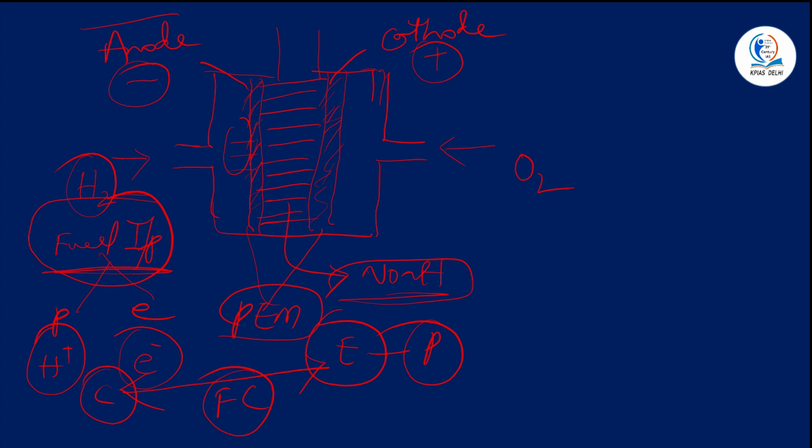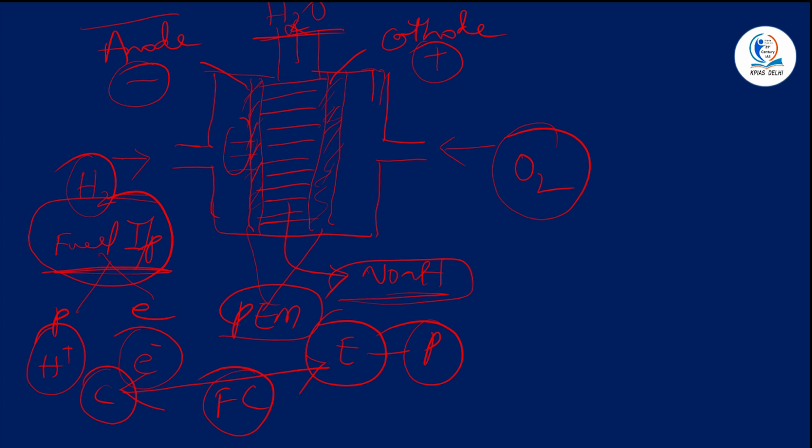Here you have another component called the cathode, which acts as the positive electrode. At the cathode, you are utilizing the air, which is free, and which contains oxygen. It is supplied to the cathode. At this cathode, the oxygen molecules react with the protons and electrons to form a byproduct called H2O, which is water. So the byproduct of this complete fuel cell is also water. This is how the working of a fuel cell happens.